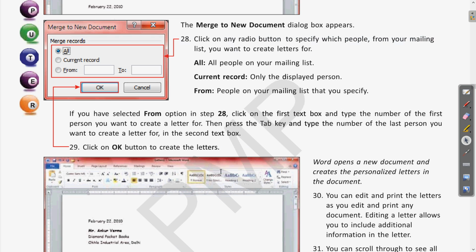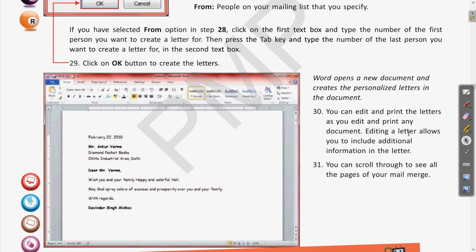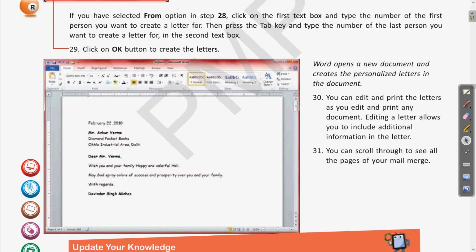Here you can see, when I click on this OK button to create the letters, step number 29 is: click on the OK button to create the letters. Then when you click on the OK button, Word opens a new document and creates the personalized letters in the document. Clear?